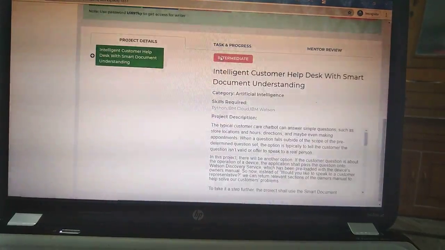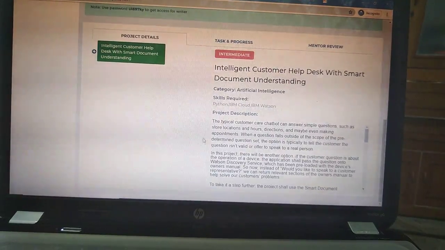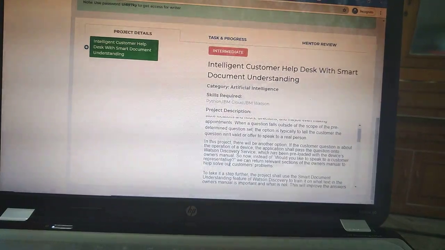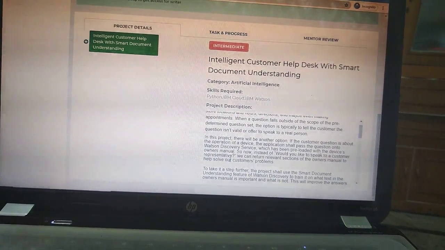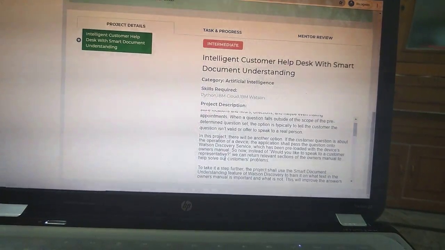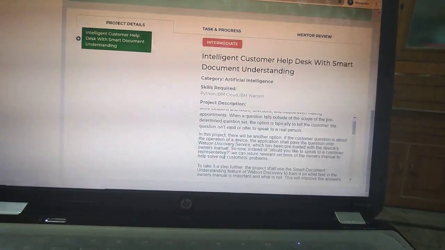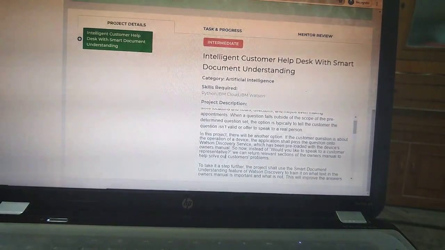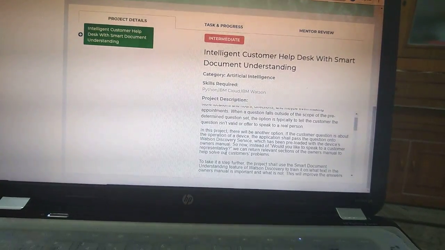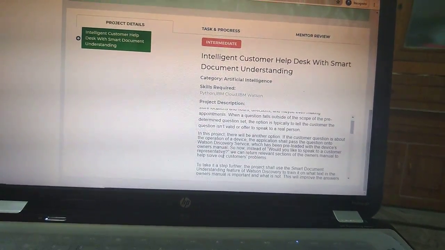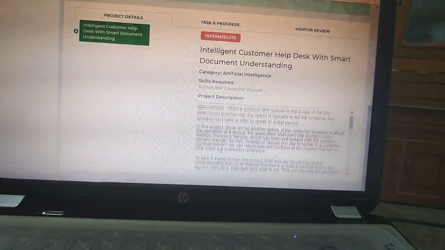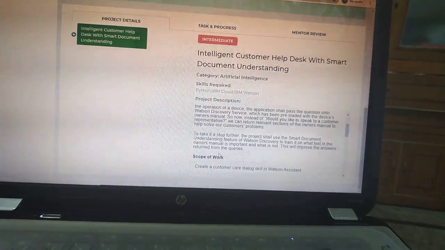In this project, we are required to build a UI application of a chatbot, which is different from a normal chatbot in such a way that there will be another option. If the question is about the operation of a device, it will not directly declare it invalid. It passes it to Watson Discovery, which is preloaded with the device owner's manual. So instead of "would you like to speak to a customer representative", we can return the relevant section of the owner's manual to